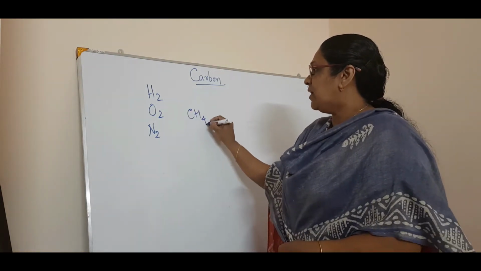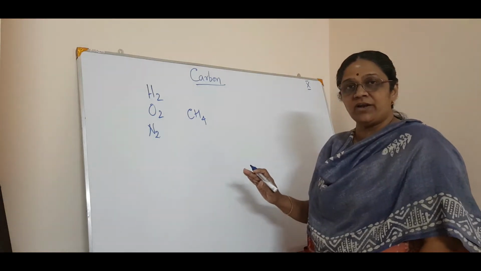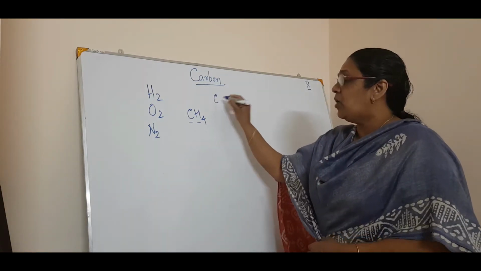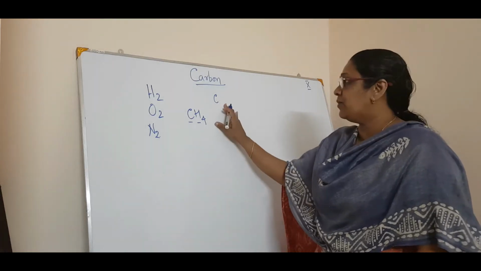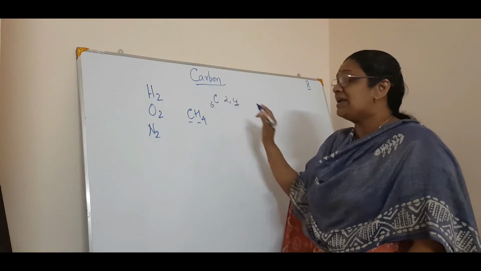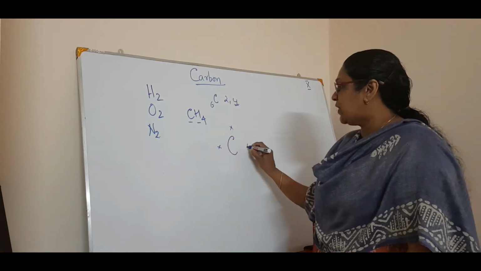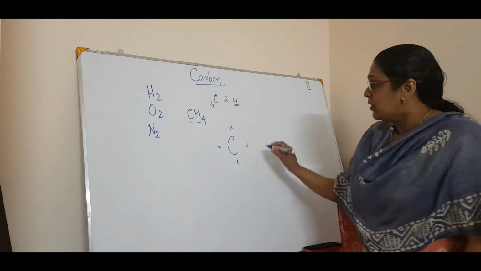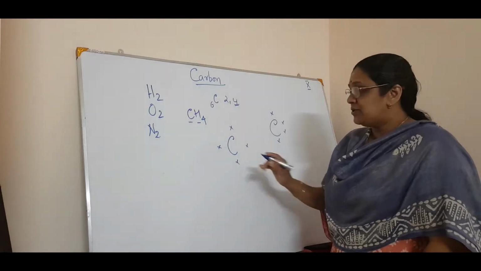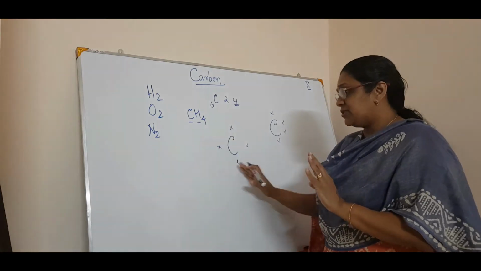Now we will see how CH4 is formed by covalent bond. So for the formation of a covalent bond in CH4, carbon has only the valence electrons. You have to write the valence electrons. That means 6, that is 2 and 4. So carbon has how many valence electrons? 4 valence electrons. So you have to draw the carbon and its 4 valence electrons like this. Now if you ask me, can you draw like this? I can draw like this. Okay, you can draw like that, but to have some beautification, or to see the molecule as beautiful, we are drawing like this, that's all.